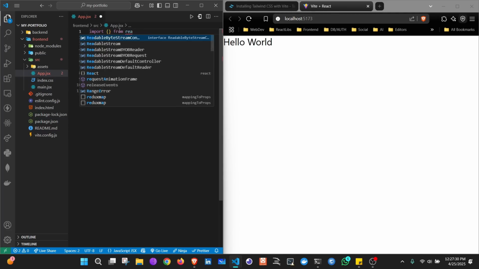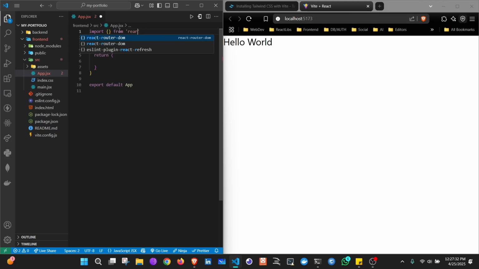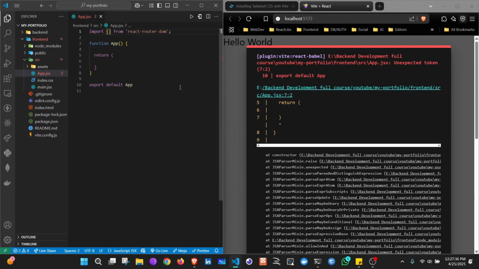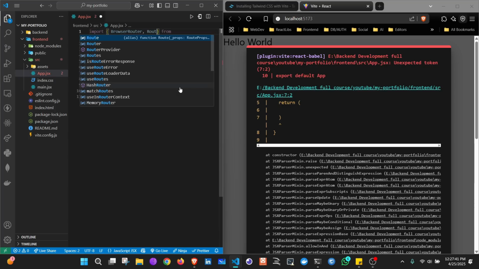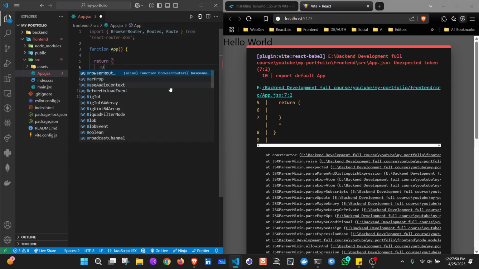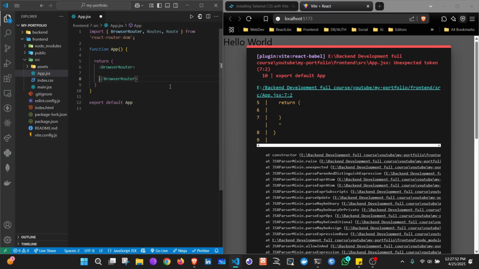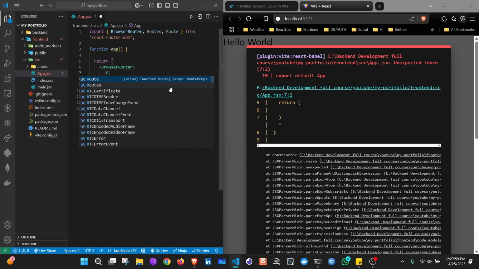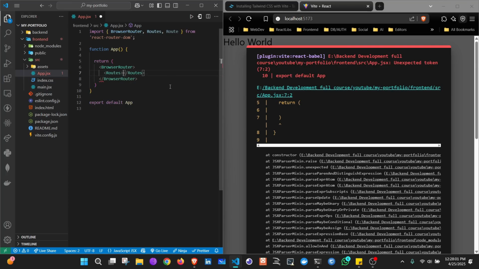Now we have to import something from React Router DOM. What do we have to import? We have to import three things. Firstly, BrowserRouter, then Routes, and finally Route. In this return, firstly we'll return a BrowserRouter. Inside BrowserRouter, there will be Routes, and inside Routes there will be several Route elements. We don't have any page yet,